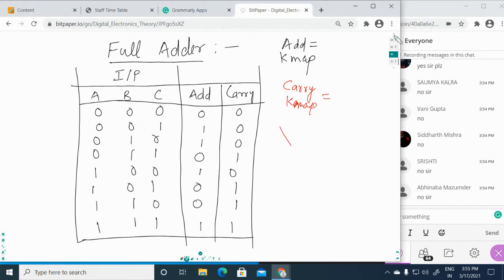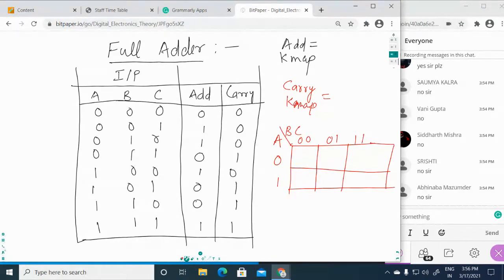There are three inputs, A, B, and C. The A input is changing from 0 to 1, and B and C will change as 0 0, 0 1, 1 1, and 1 0.